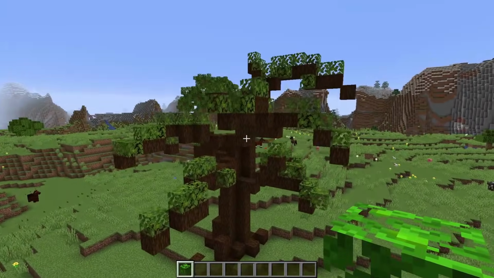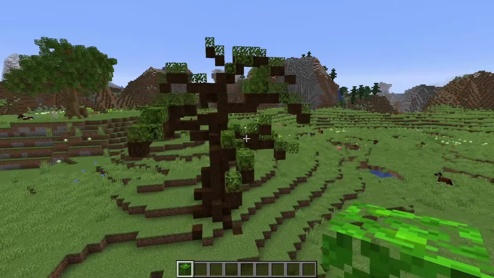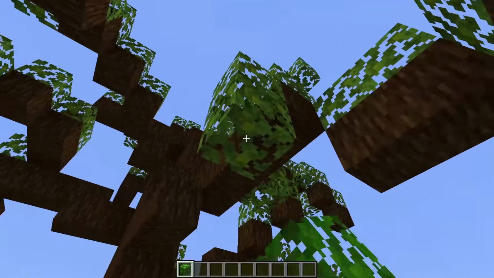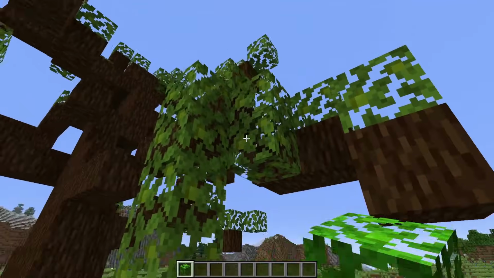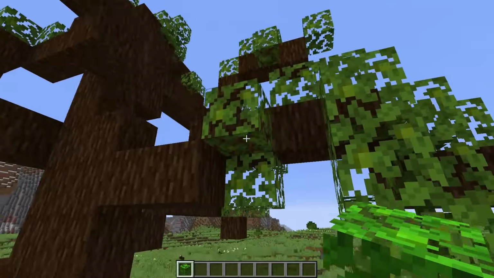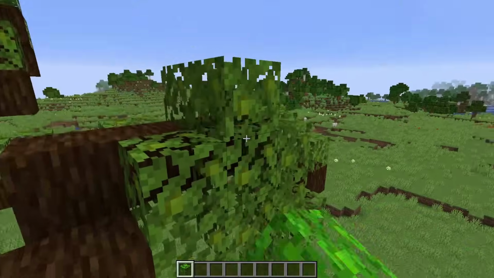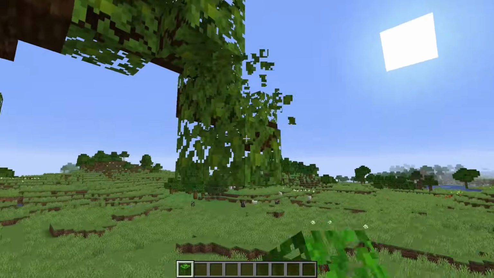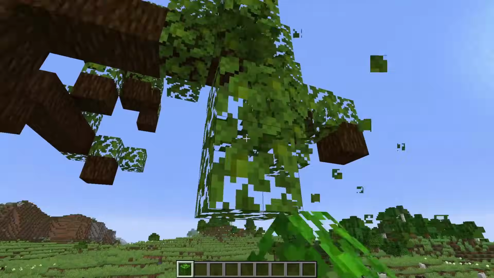Okay, now that all of our branches have a nice healthy coating of leaves, we can start worrying about the actual willow portion of this. We are building in vanilla Minecraft, so for this particular tree, I'm not going to be using any entities to drag down. We will, however, be using some vines and some fences to our advantage here. But let's first start by seeing just how these leaves are going to look.